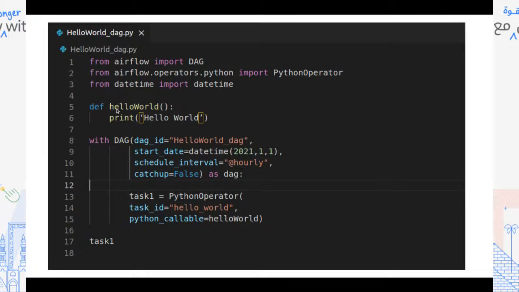So we pass the name of our function to the Python callable argument, which means that when I trigger this DAG, I'm going to run this task, and inside this task I'm also going to run this function. So that's the